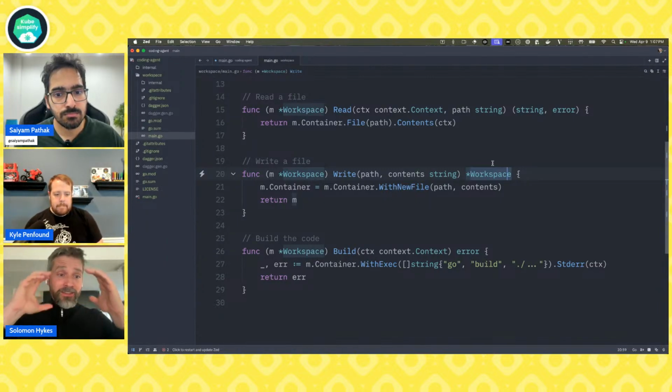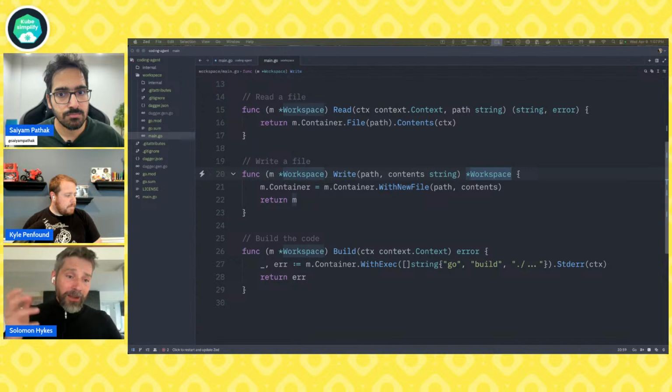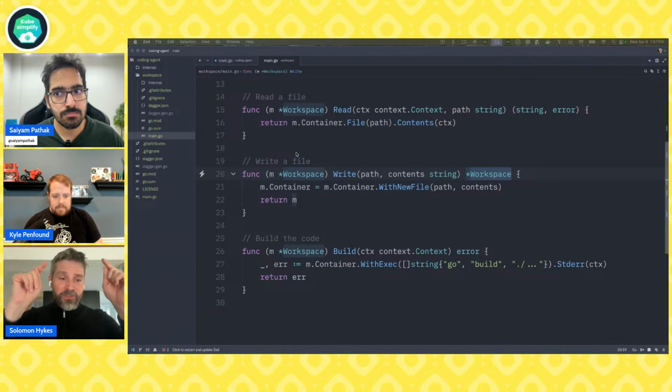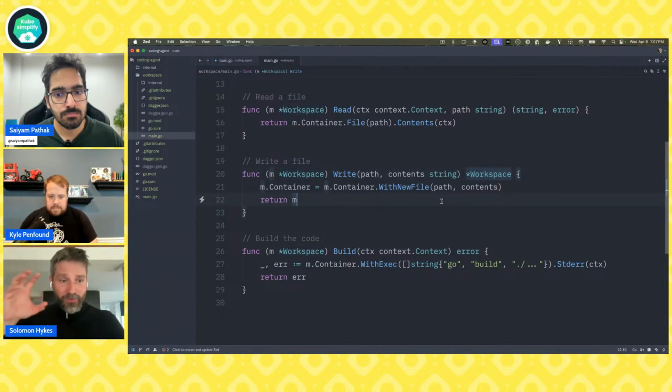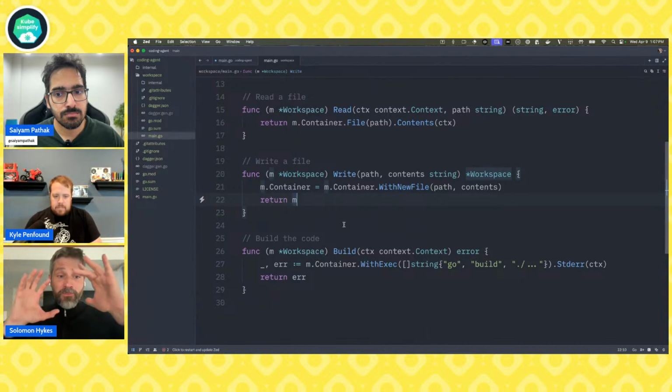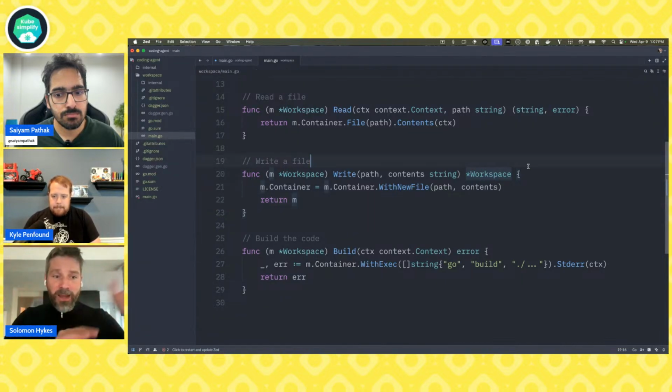That gives you this very powerful property that everything is repeatable, because when you look at a Dagger function, you see inputs, right? That's the arguments. And you see an output, which is what's returned. And that's the side effects. It's not going to modify halfway through, like half of the object is modified, half of the object is not modified. You don't know what state it's in.